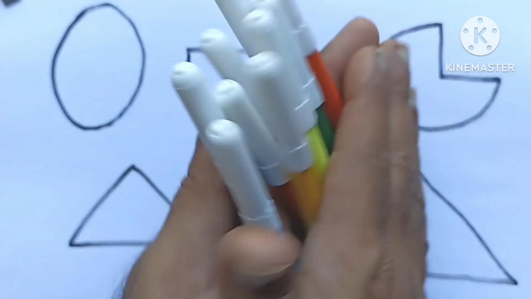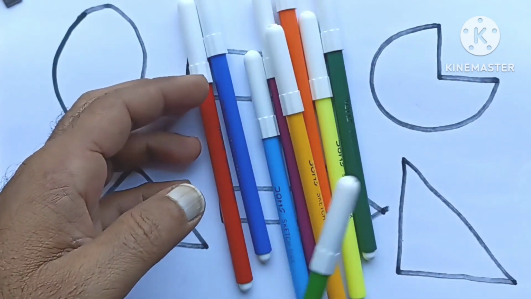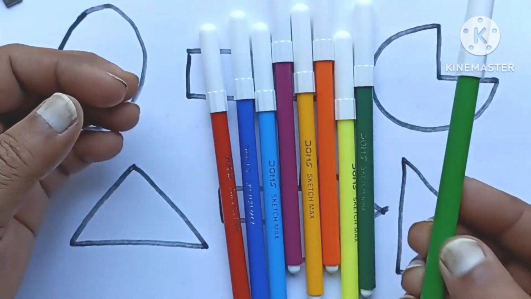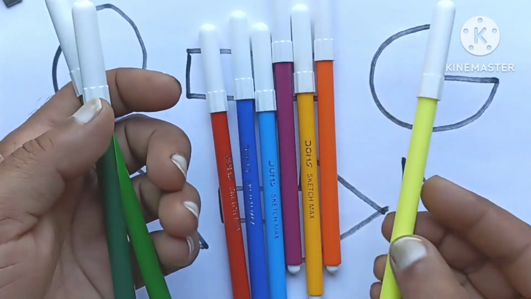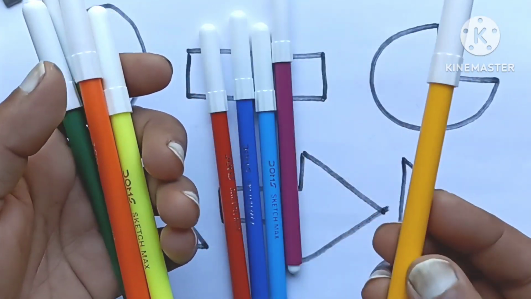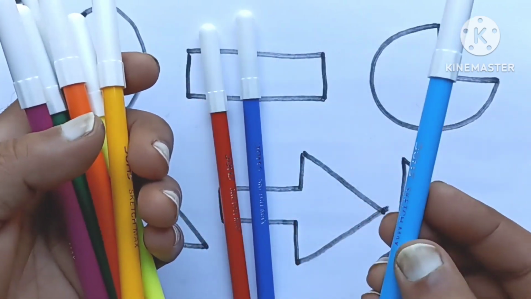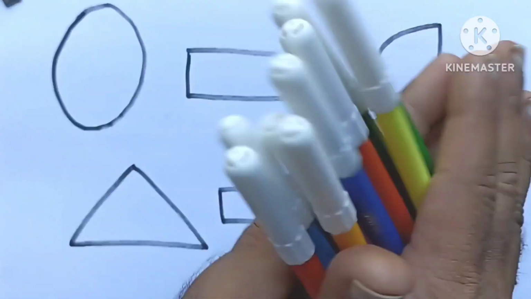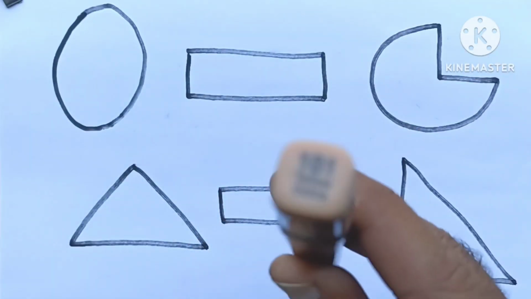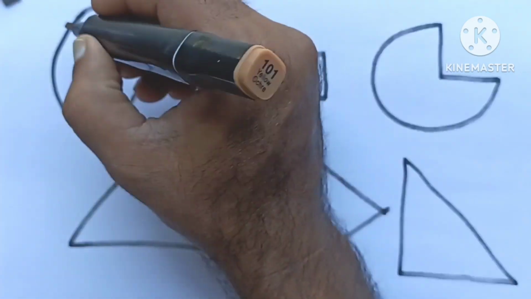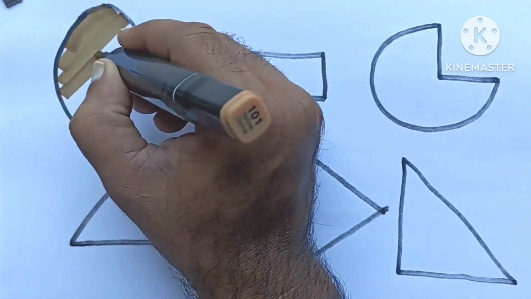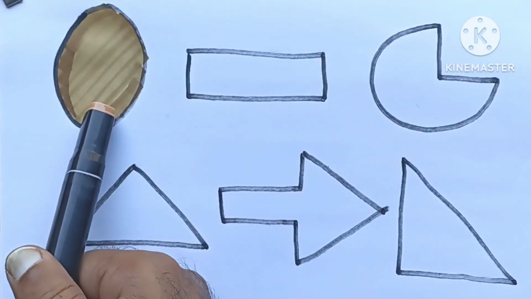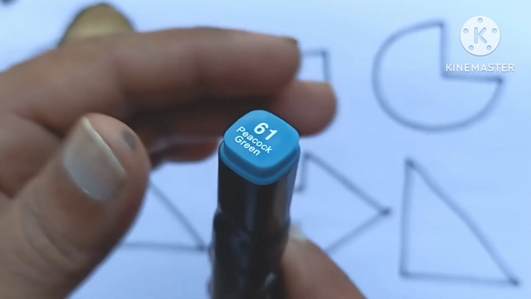Now we learn some colors. Green color, forest green color, yellow green color, orange color, yellow color, pink color, sky blue color, red color. Yellow oak color, yellow oak color. Peacock green color,